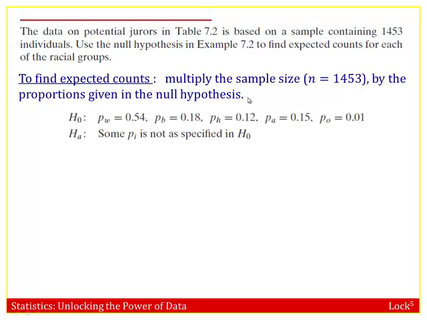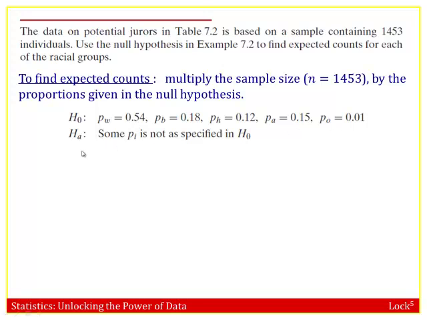So let's look at the null hypothesis again, which we found in an earlier example. The null hypothesis says the proportion of whites should be 0.54 if it matches the census. The proportion of blacks should be 0.18, and so on. So here are 5 proportions. We find the 5 expected counts using the total sample size, 1,453, and each of these 5